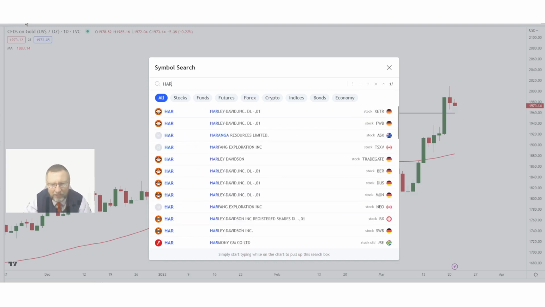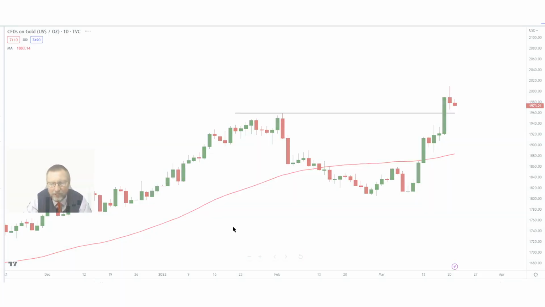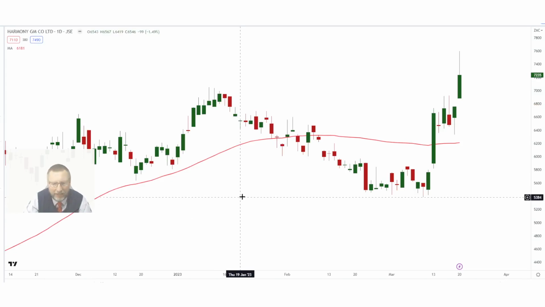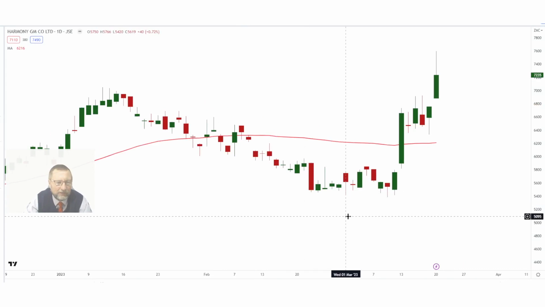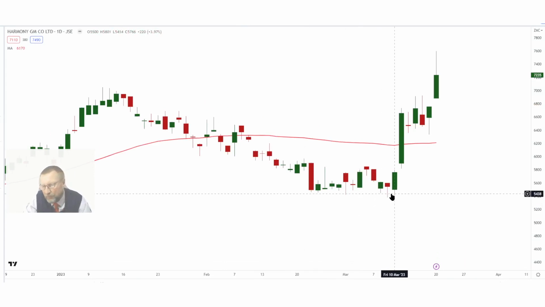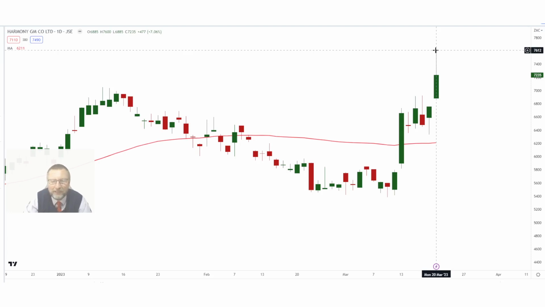Now, let's have a look at Harmony. Exactly the same case here. Everybody believes Harmony must now go to 100 Rand. Look at this beautiful rally. Remember that gold chart? It almost did exactly the same. From about 54 Rand, it went in, let's call it 10 trading sessions, all the way up to 76 Rand. And I know some people say, you must never look at the percentage rise in the